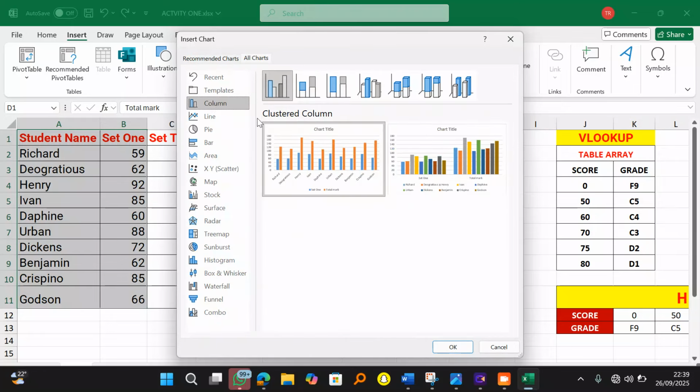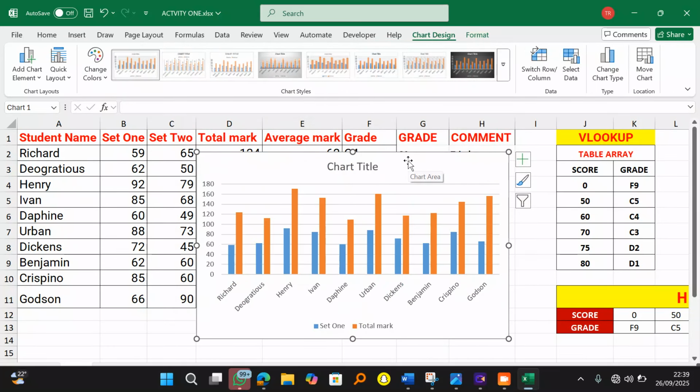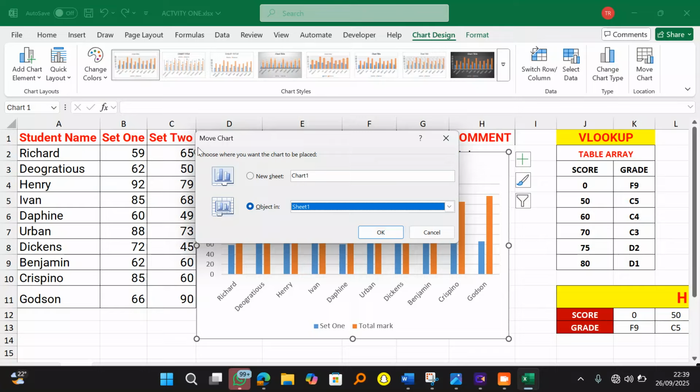I'm going to take a column chart of this. I click OK. When I click OK, my chart will come over here. But I want to take this chart to maybe a new sheet. Or I can decide to move this chart by clicking here, Move Chart. They will ask me, choose where you want the chart to be placed, new sheet or object in. Just say new sheet and give it a name. We want to call it